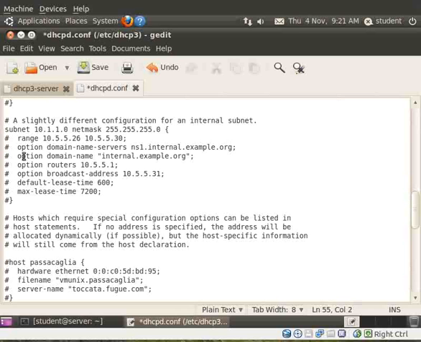So once I've put that in there, I'm going to uncomment the range option and modify that appropriately, 10.1.1.10 to 10.1.1.30. Again, where would I get that information from? Well, basically I'm just making it up in this instance, but again you would define your range to be a suitable number of addresses for the size of your network. So here we have 21 available addresses, 10 all the way up to 30. Clearly I would define that range to be suitable for the size and scale of the network that I was